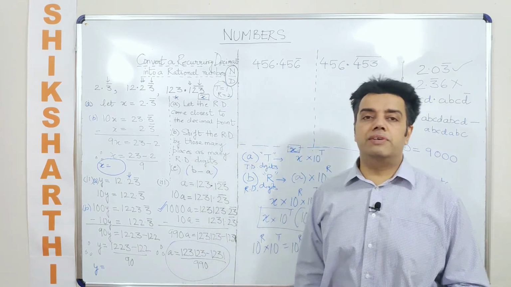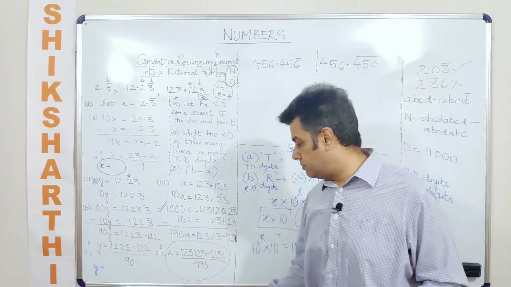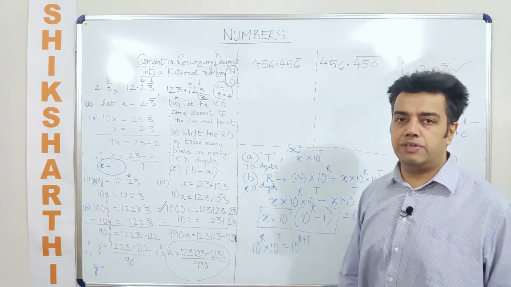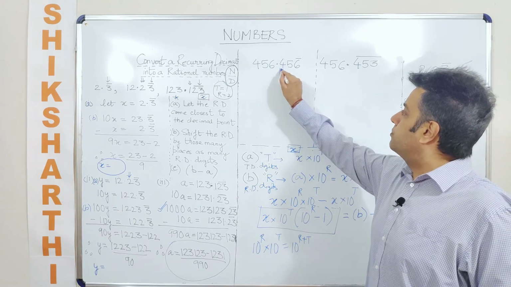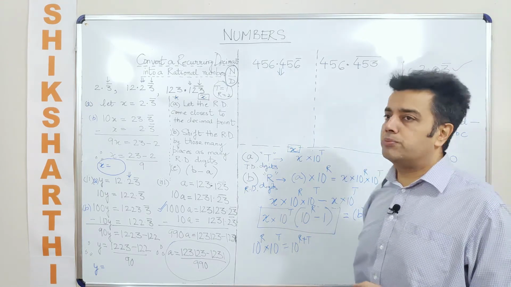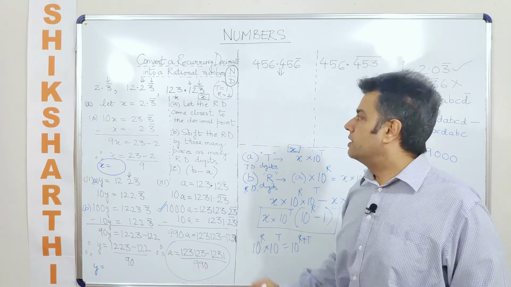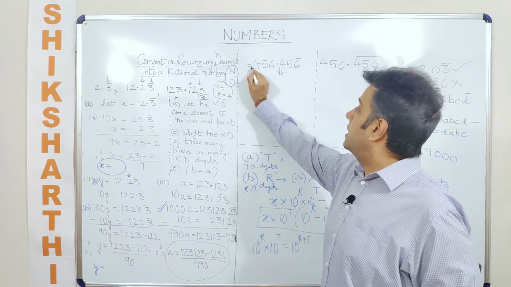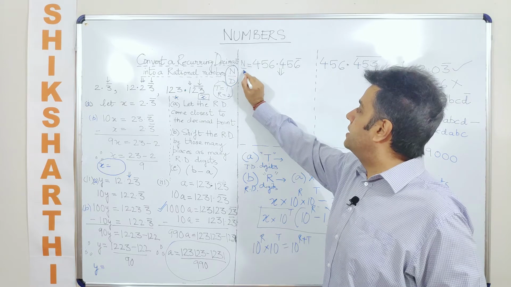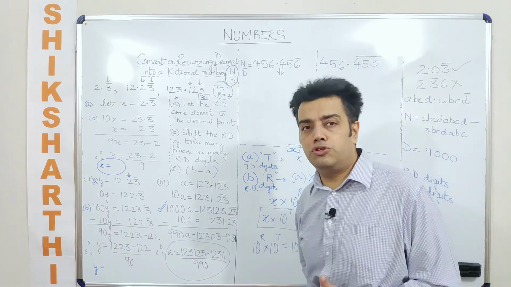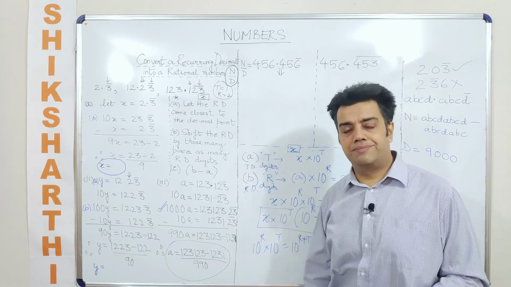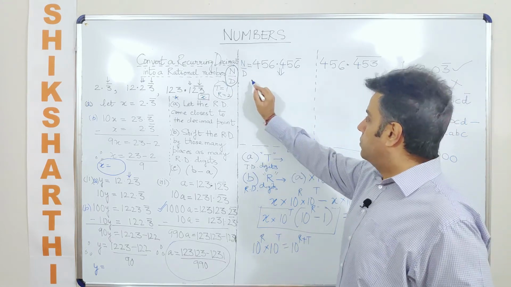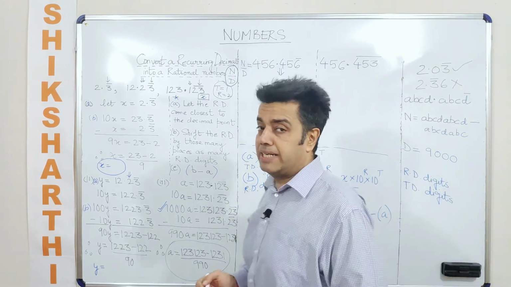As a take home, you can always convert this into a fraction. But what is the objective of leaving this as a fraction? We'll identify it in a few minutes. Now the moment the question is given to me, let us say this is the question that is given to me, and let us say that I have to convert this into a numerator divided by a denominator such that both numerator and denominator are non-zero integers. Okay, so what am I supposed to do? Let us understand that from here.